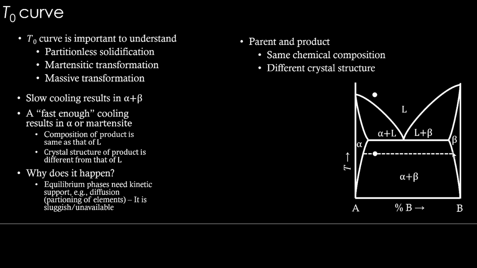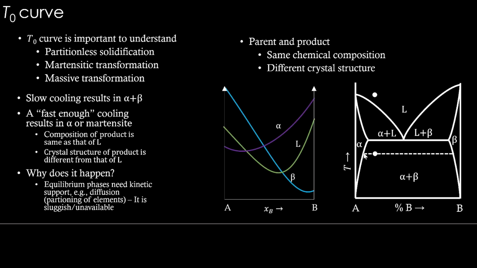Now, in order to understand why this is happening, so why only alpha will form, let's consider this temperature, and this is going to be the tie line. And how do we get this tie line from the G versus X diagram? Let's bring that up. Three different curves are there: alpha, beta, and liquid. And there should be a common tangent between alpha and beta at this temperature. That's why we are getting these two phases at equilibrium. Now put the overall composition line here, and this is the common tangent which tells you the alpha composition and beta composition in equilibrium.